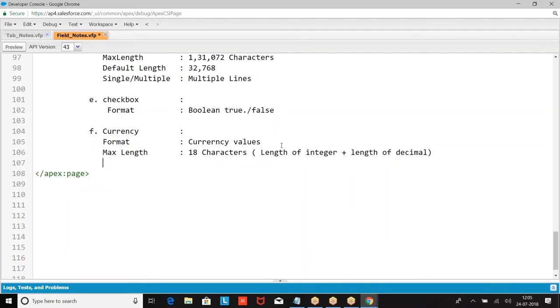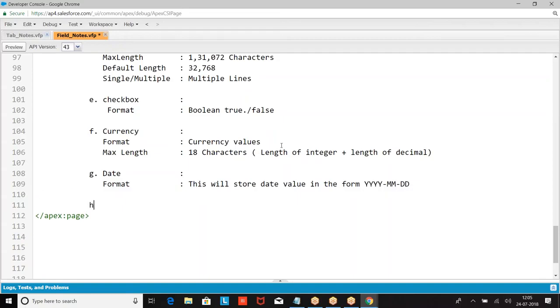Right. Next we have date. What it is going to store? This will store date value in the form of year, month, date. Date time. What is date time? This will store date along with the time.